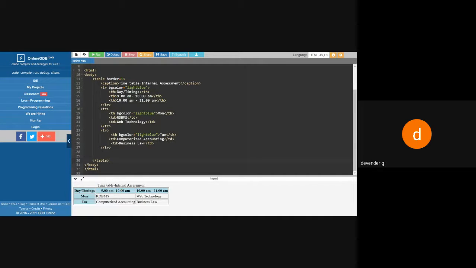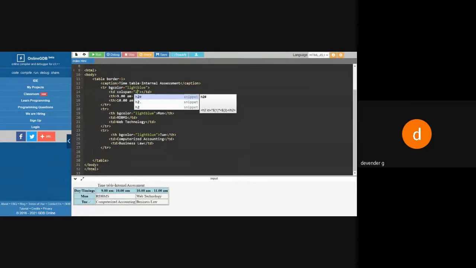So what I'll do, I go to this day and time, and I'll say here, colspan. We have two concepts, rowspan and colspan.